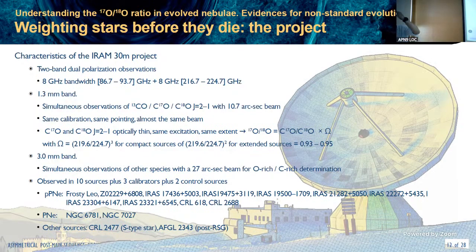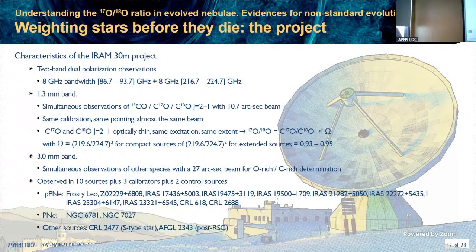One important thing from our 30-meter survey is that we observed 13CO, C17O, and C18O at the same time, with the same band, the same calibration, and almost the same beam. So if anything goes wrong, it goes wrong the same way in all 3 transitions. And by applying this number for compact sources or this number for point sources, from the intensity ratio you directly derive, by correcting by this factor, the abundances, provided that there is no selective photodissociation effect or chemical fractionation that we don't expect to have in these